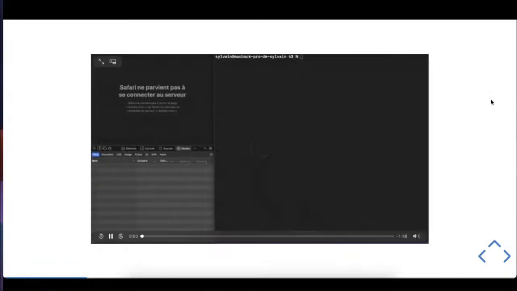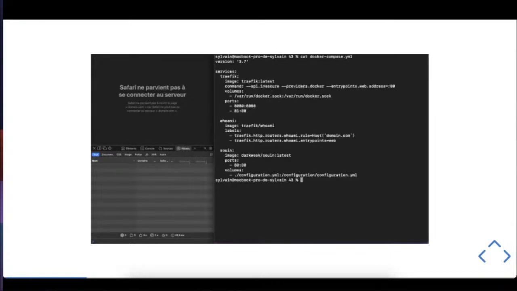I prepared a little video to show you. Let's see together what's in the Docker Compose YAML file for this project. We are declaring some services: Traefik, that's the reverse proxy, and Whoami, which is a container that will give us some information about the container that handles the request, and it will print the headers and respond to the domain.com host.